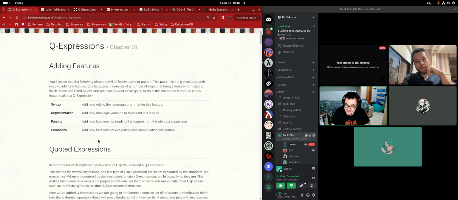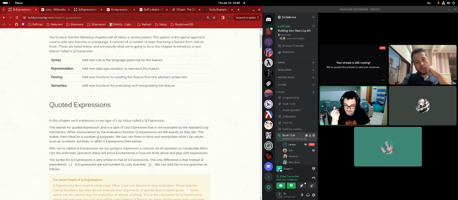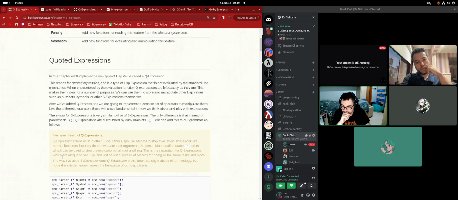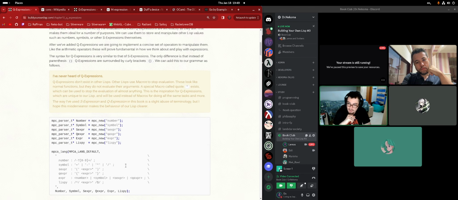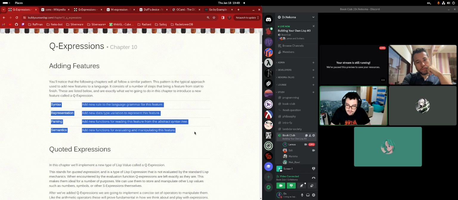Now we're gonna go to the metaprogramming stuff. Q expressions is basically a fancy name for what we're gonna do with the quote, not the backtick, but the quote. And he explains that in other Lisps they actually use a different mechanism to do rich metaprogramming, which is macros. But here he's gonna use something that he called Q expression. And I think we already are at the point of a real cycle of development of compilers. This is pretty much it.